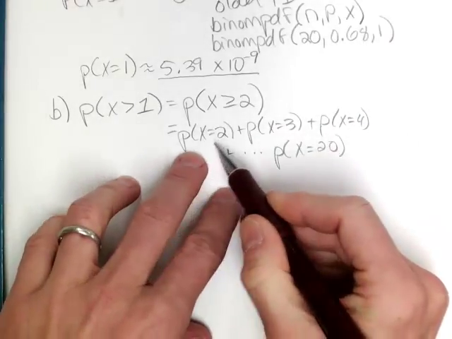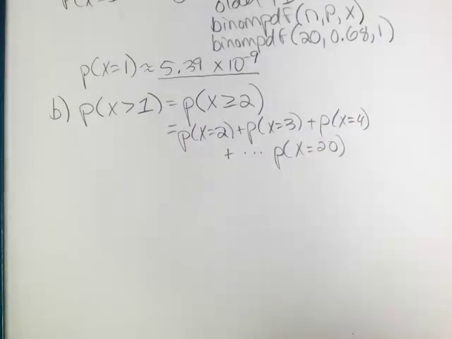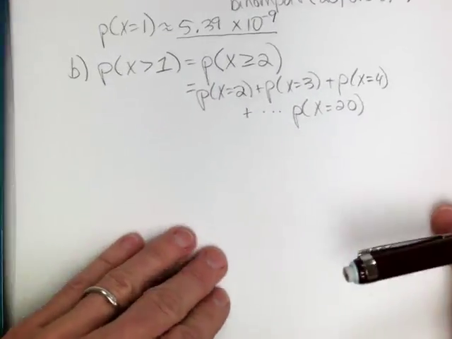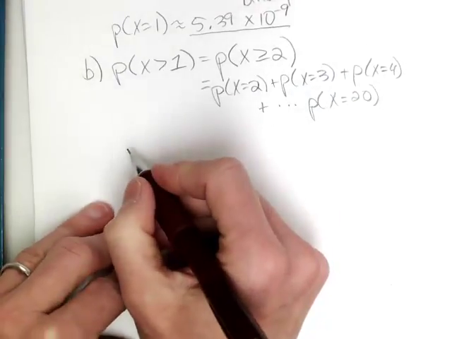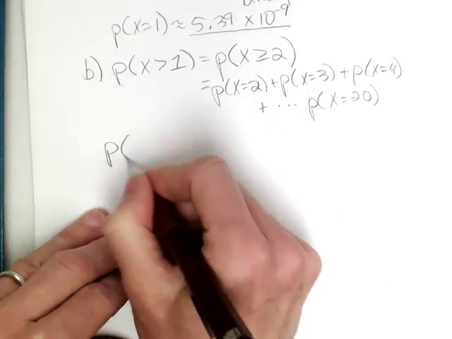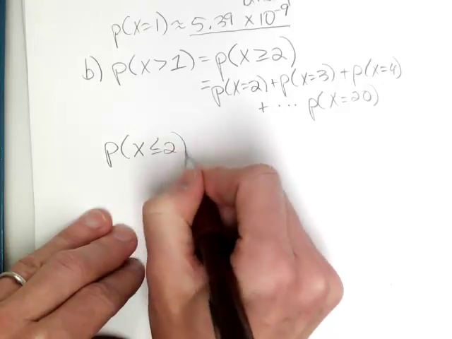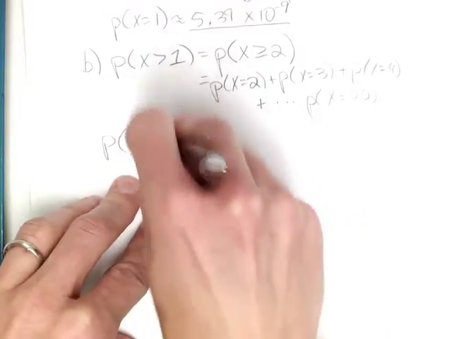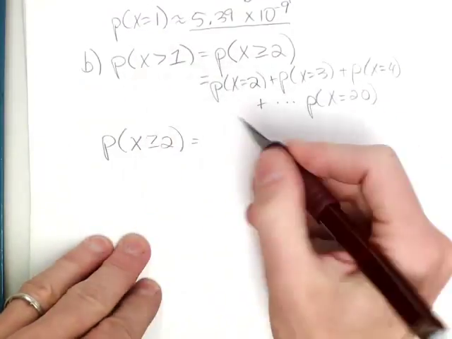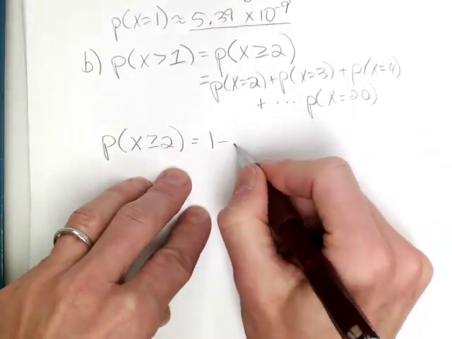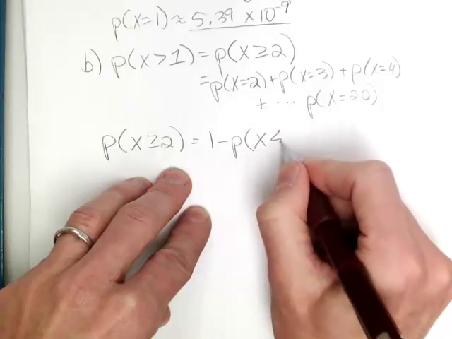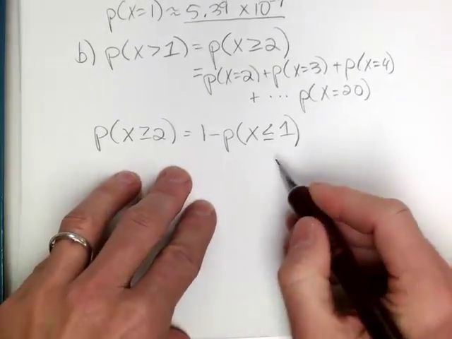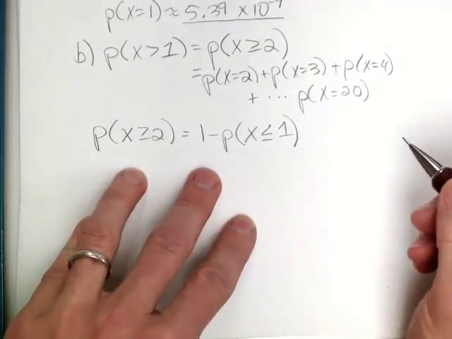Okay, you could theoretically do that, but that would be very cumbersome. So what we're going to do is use the complement. The probability x is greater than 1 is going to be 1 minus the probability x is less than or equal to 1. Using the rule of complements here. So in other words,